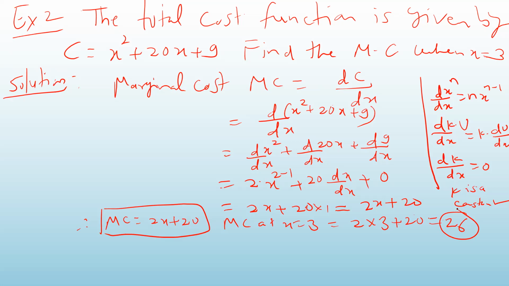Okay. And average cost we have calculated before. When I introduce you, I have also introduced you what is average cost. It is C upon x. So average cost is C upon x. This we have done before. So I'm not doing it. Okay. Now let us take some problems in which we will find out the marginal revenue. So I hope you have understood this.